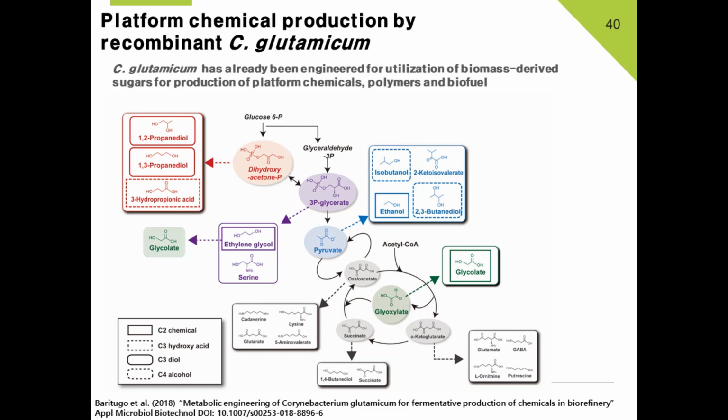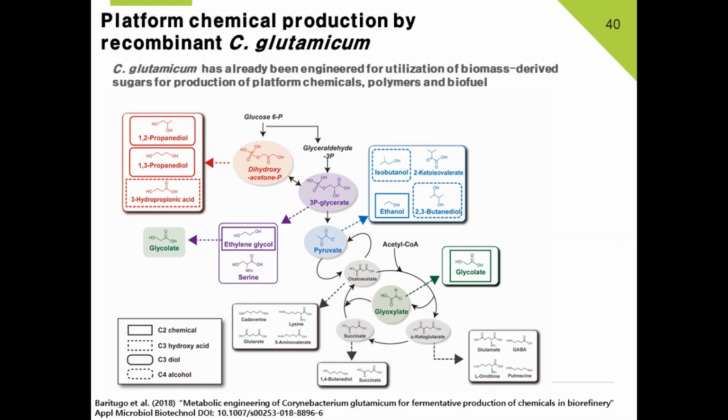This figure is just to show you the chemicals that Corynebacterium can produce already. The picture in the middle with the black arrows is the natural pathway. The highlighted parts are the main intermediates from which these chemicals are made. In this figure, it's dihydroxyacetone, which is the main precursor for 3-hydroxypropionic acid, 3HP, and 1,3-propanediol. So this is the pathway for it.